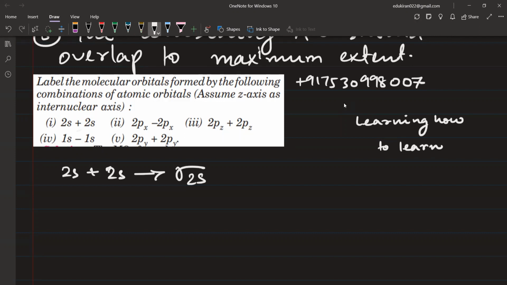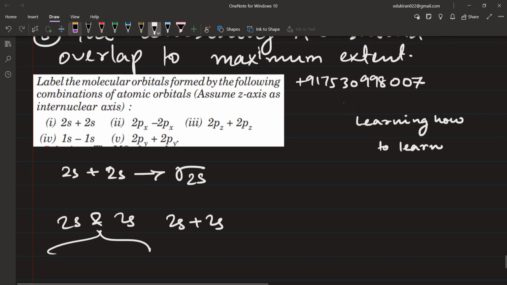अरे नहीं नहीं, देखिए देवांगी, आपने गलती कर दी। अगर प्लस है तो सिर्फ और सिर्फ बॉन्डिंग बनेगा ना, एंटी बॉन्डिंग थोड़ी ना बनेगा। एडिशन हो रहा है ना यहाँ पे। अगर हम ये लिखते हैं 2s और 2s अगर मिक्स करेंगे, तब आप बोलते हैं हाँ, 2s और 2s मिक्स करेंगे तो दो बन सकते हैं, but if I am writing 2s plus 2s तो एक ही ऑप्शन है आपके पास, right देवांगी? Yes or no, please tell me. Yes, sir, got it. Got it ना, understand the difference यार।